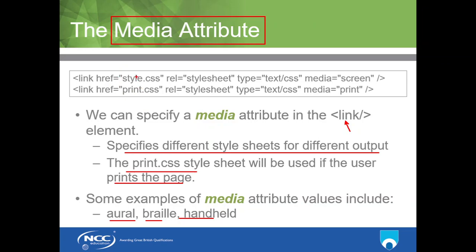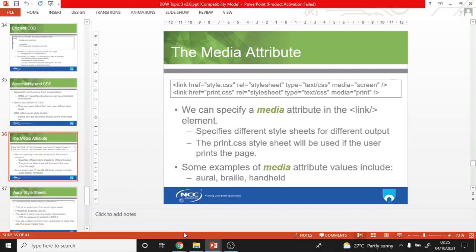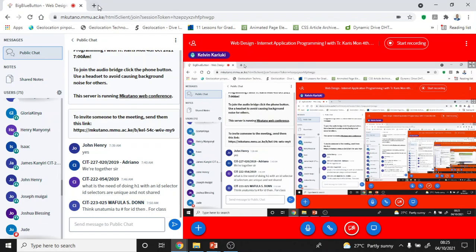So, for example, we have style.css that is used for screens. So, media, screen. We have print.css for print. So that means that if someone presses Control P if they're on our website, then how that is going to be formatted is going to be different. I think you've even seen this on email. You've seen this probably on email. If, for example, you're on Gmail,